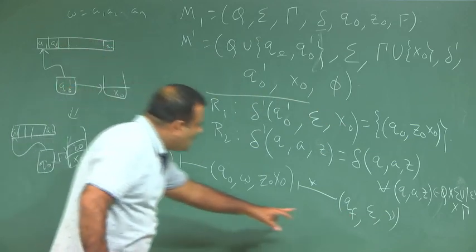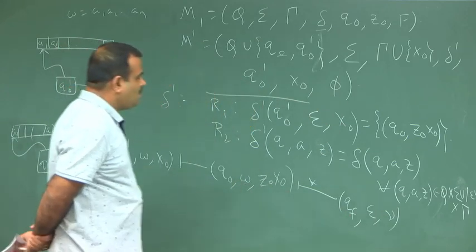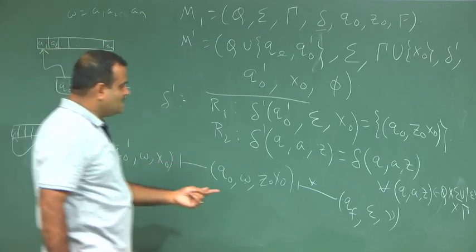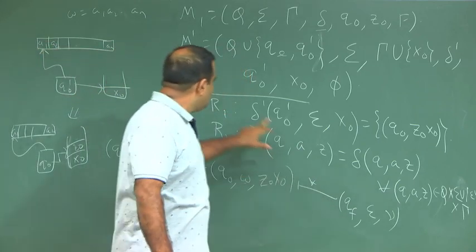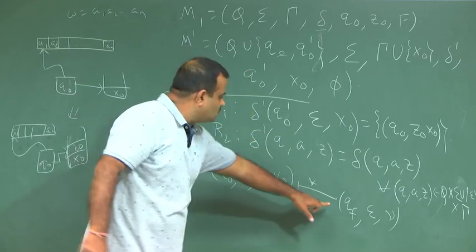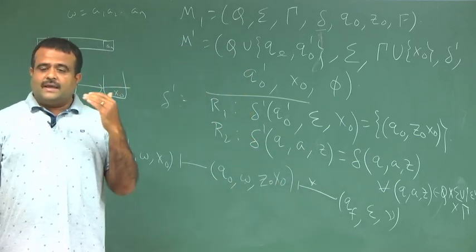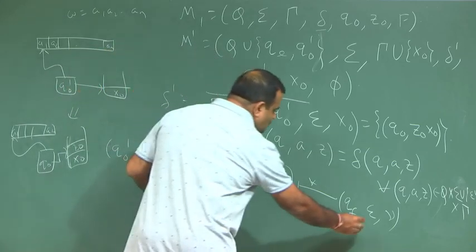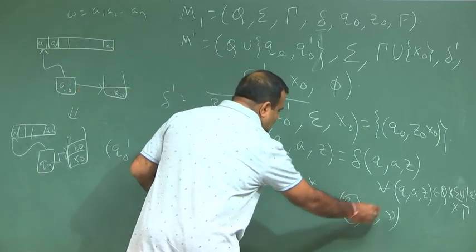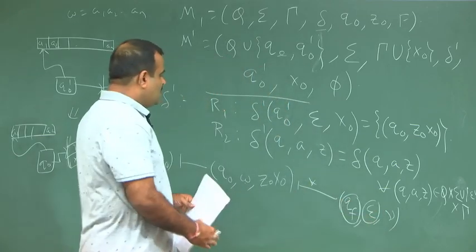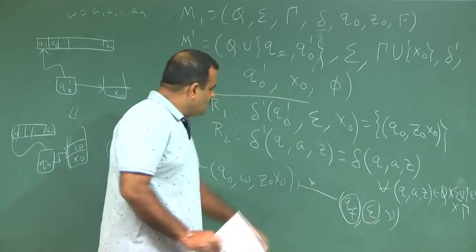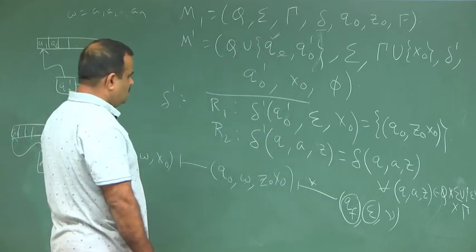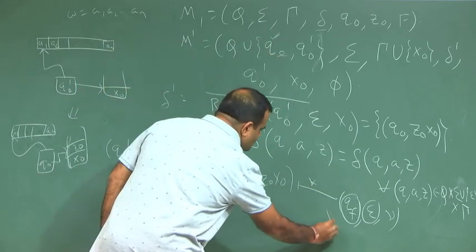So, now we have to go for another rule. We need to write the delta hat so that it reaches the empty stack. So that is what we are going to write. Once we see that we are reaching a final state, then we move to a state, and this state we are going to use. Then we will move to a state like this,